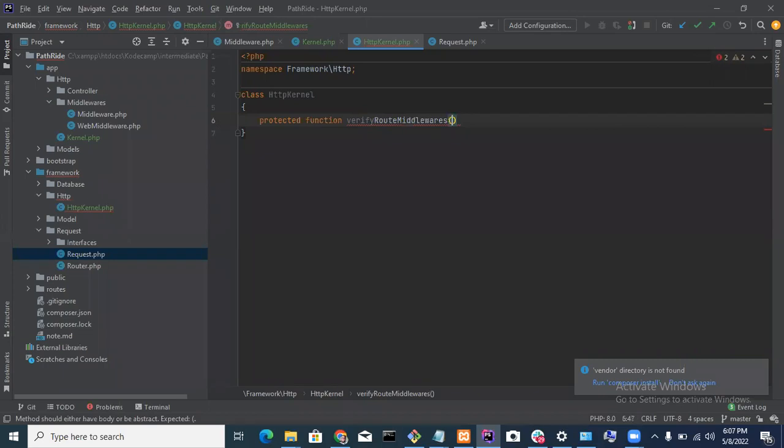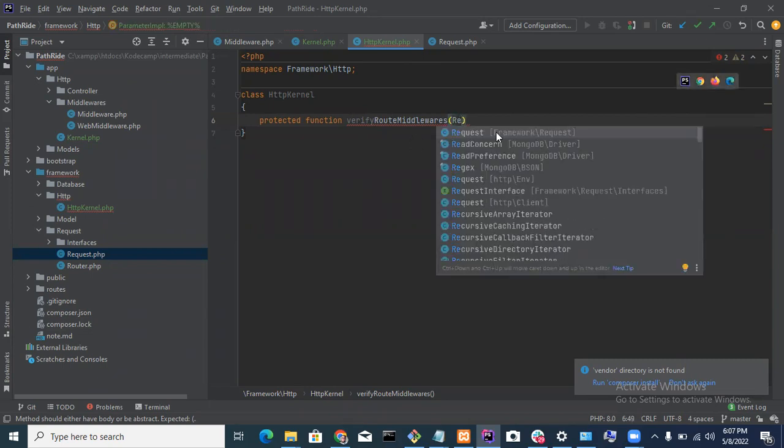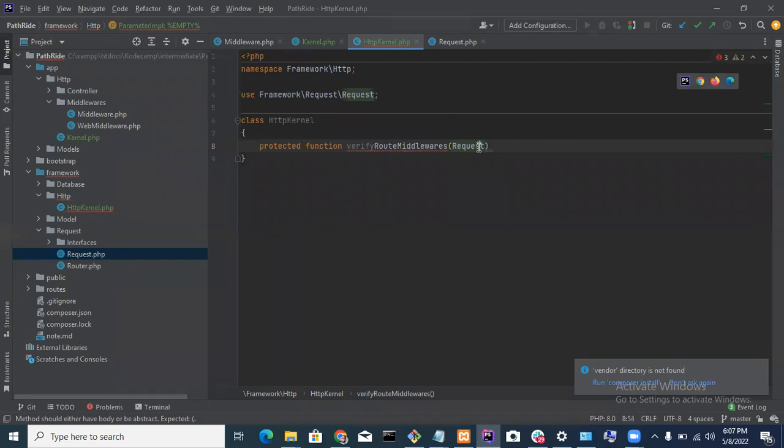So of course, one of the dependencies, this guy takes his request. So I'll just pass in the request. And of course, the request is going to be not actually request interface.